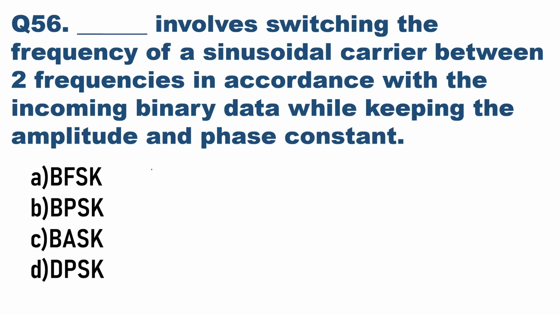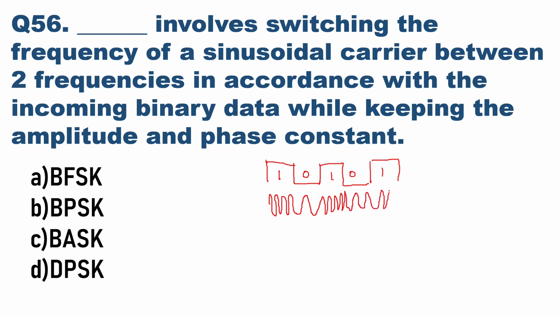Then we'll go to the next question, question number 56. Dash involves switching the frequency of a sinusoidal carrier between two frequencies in accordance with the incoming binary data while keeping the amplitude and phase constant. Now say your incoming binary data is 1, 0, 1, 0. So this is your incoming binary data. Now, if there are two frequencies, one frequency for logic 1 and one for logic 0, logic 1, logic 0, logic 1, here you can have frequency F1, F2, again F1, F2, again